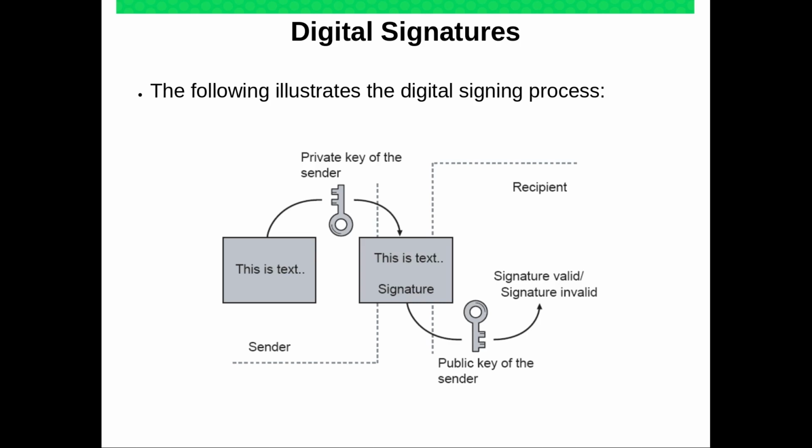We don't have the private key as regular public users, but we have access to a key that can say, well, the content itself definitely came from this private key that is associated with the public key that we